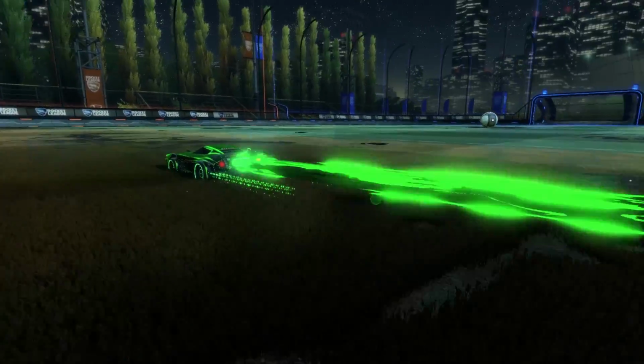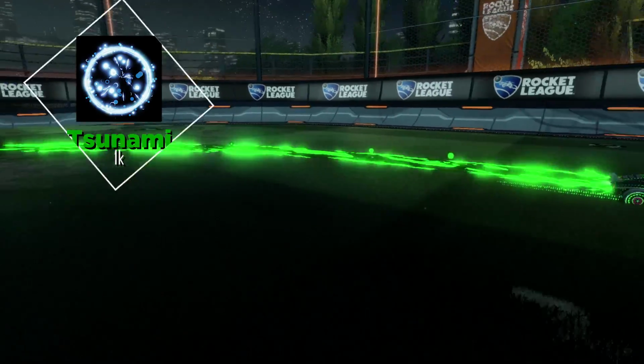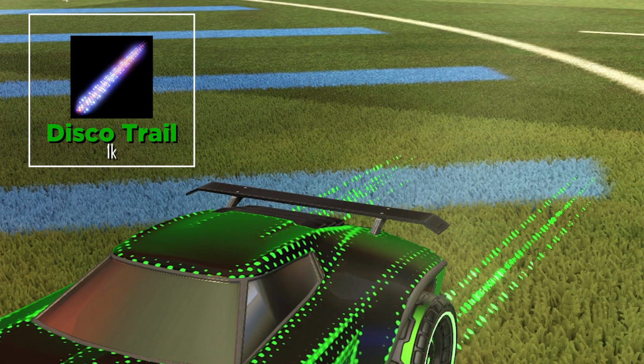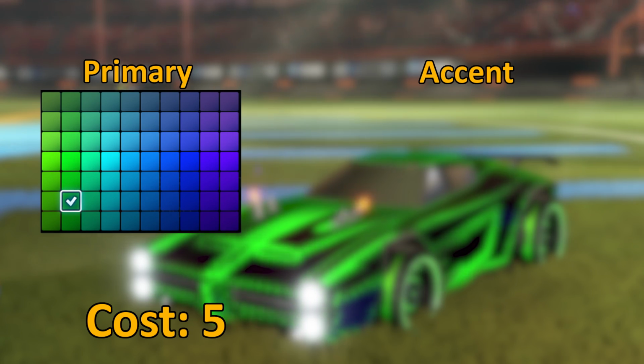For the boost, I really like the mix of green in the Tsunami, and a forest green Tsunami is only a single key. The finishing piece is going to be a forest green disco trail, and I think this works wonderfully here because the dots match up with the decal. So for the price of 5 keys, you've got a Dominus that can compete against designs that have a black